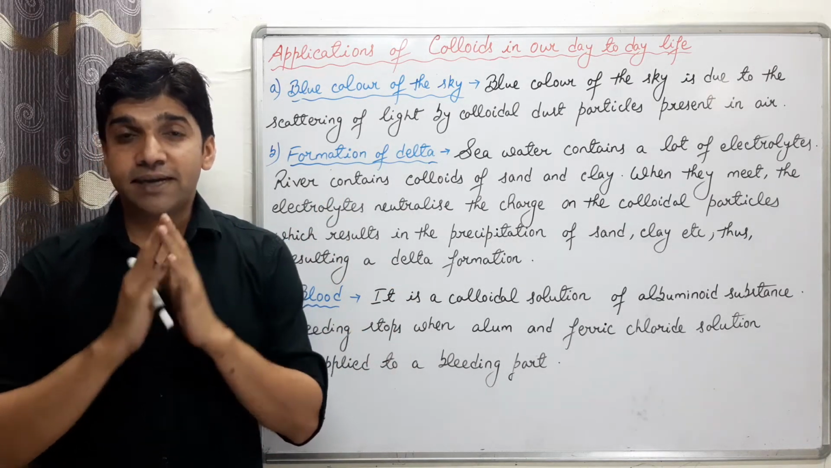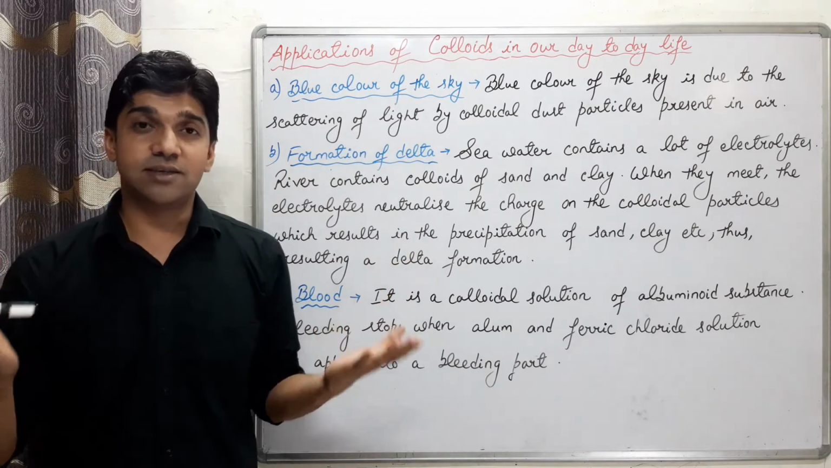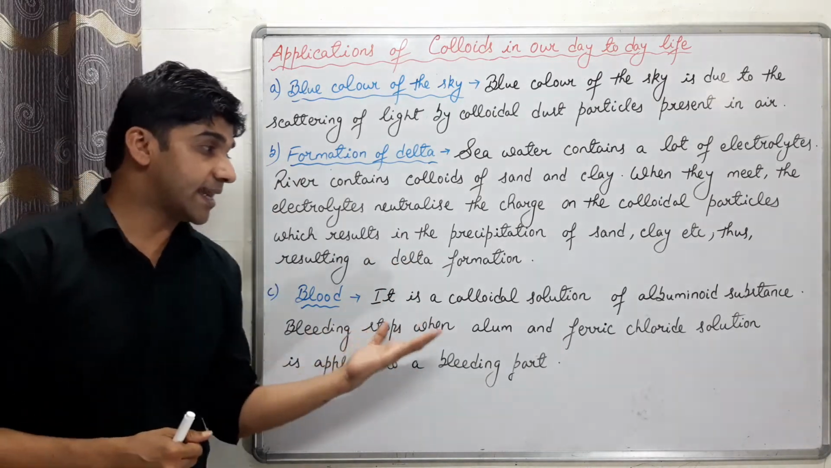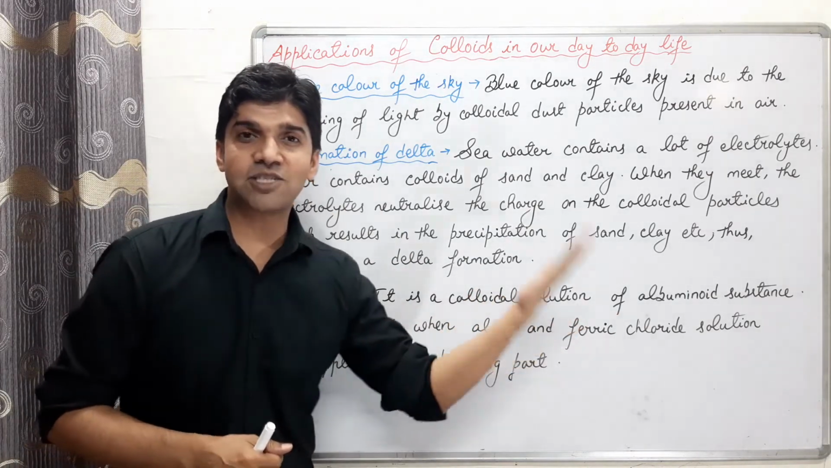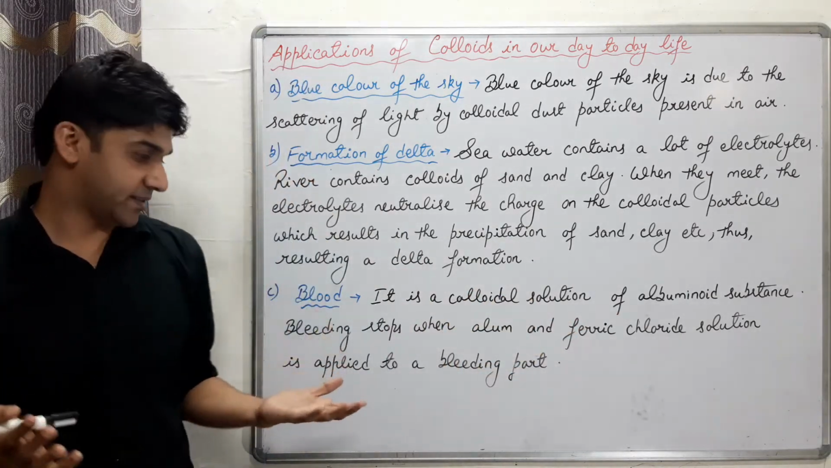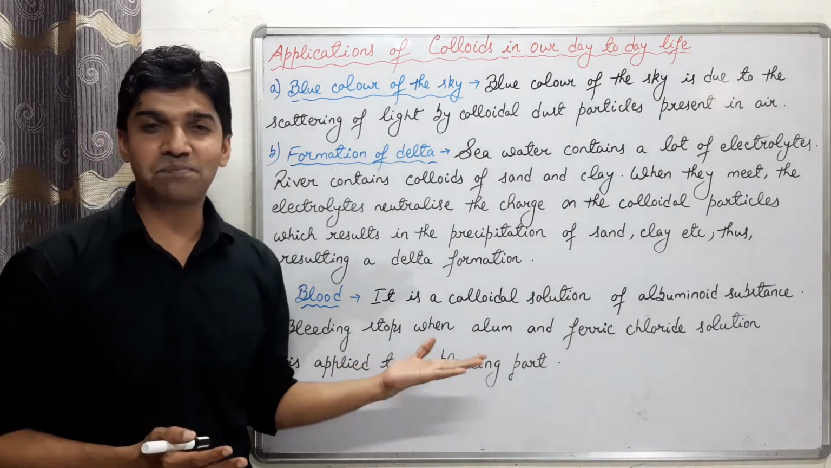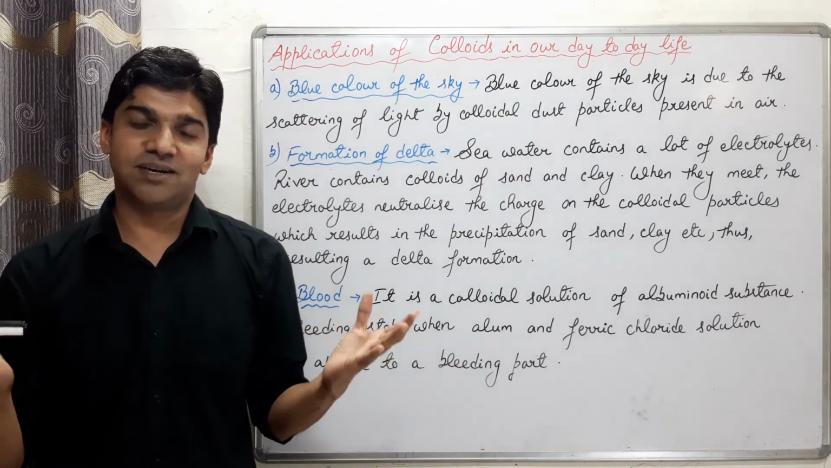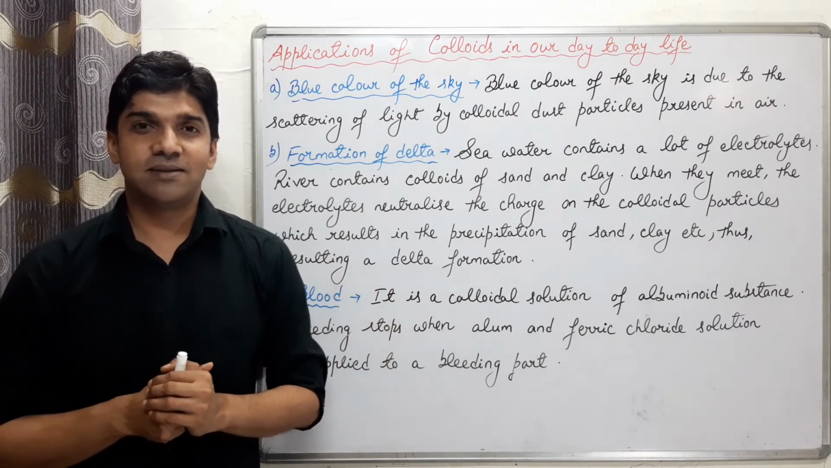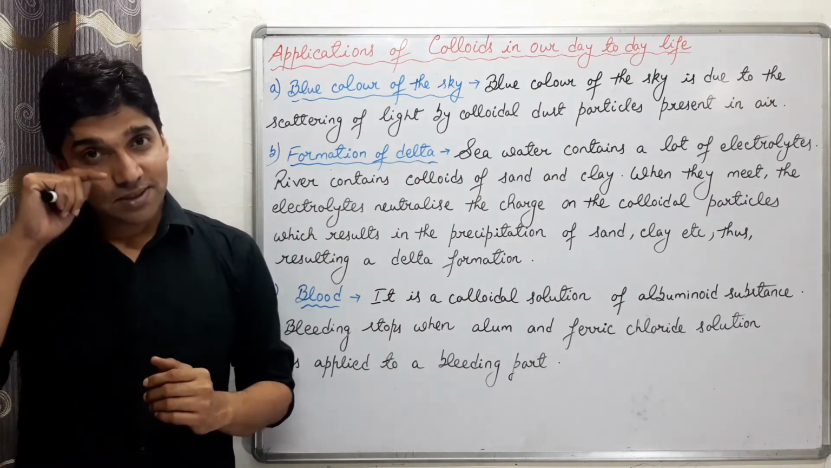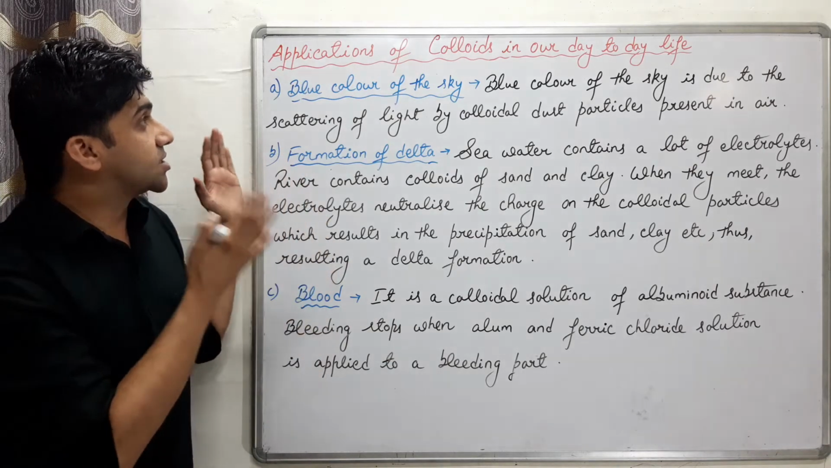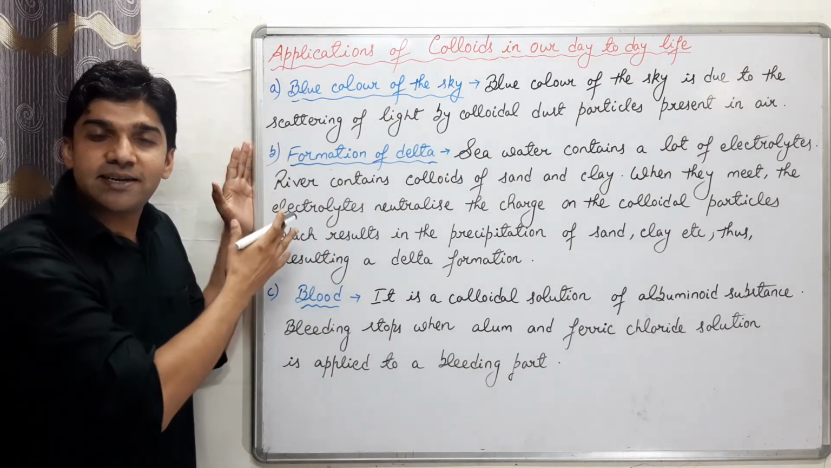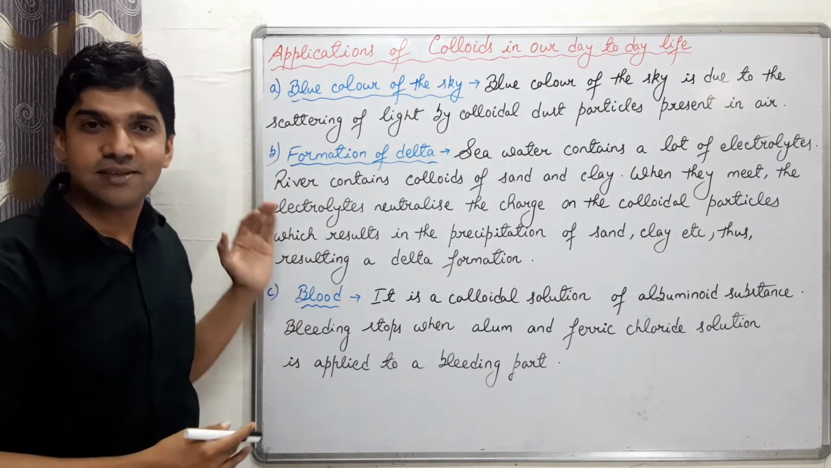And if by any accident, bleeding occurs, the bleeding stops. How? When alum and ferric chloride solution are applied to the bleeding part, because of coagulation of the blood particles, blood cells. ठीक है, so these are some of the applications of colloids in our day-to-day life,